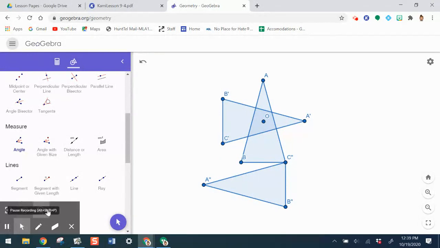Now let's perform our last rotation, which I believe is a positive 90 degrees rotation. So it'd be 90 degrees counterclockwise around point A. Like we saw in the last one, we are rotating around a point on the original figure, the pre-image. So A prime prime should not go anywhere, right? Points that are the center of rotation, if they're on the figure, are going to map to themselves. So I'm going to go ahead and